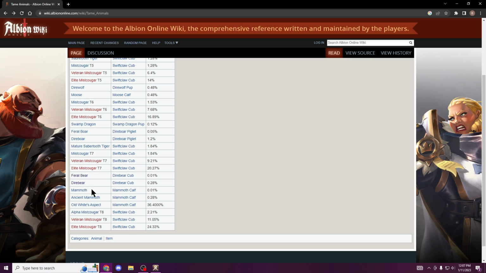And then another one to keep in mind is going to be the mammoth. The mammoth has a 0.01% drop rate to drop a mammoth calf, which is actually insane. Ancient mammoth and the old white aspect are harder to find. The ancient mammoth's not as hard to find, but the old white aspect is almost like a myth. It's almost like non-existent. I've only heard of like 1 or 2 occurrences of people running into that, but 36% chance. And then feral bear has a 0.01%